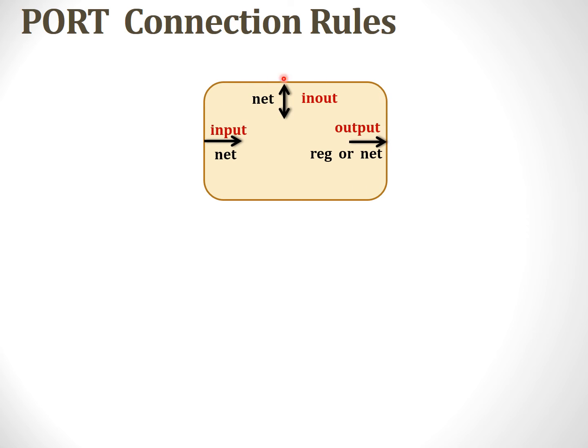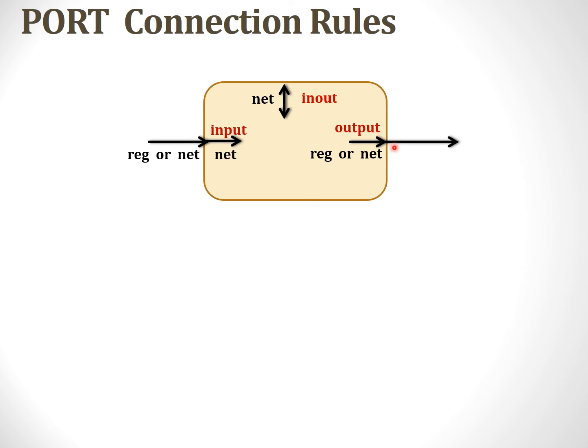So these are the internals of a module. Let us see these rules externally. If we are applying something to the module externally, this is receiving, this is applying. Especially in a stimulus block, when we apply the inputs, we want those inputs to be constant. Inputs to be constant means those inputs can be a register or a net. Externally, inputs can be a register or a net, but internally, the input has to be a net.